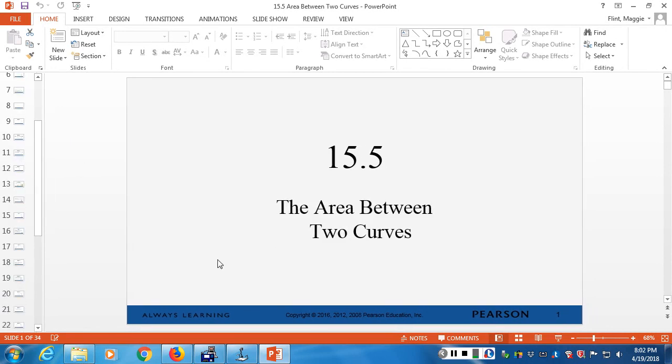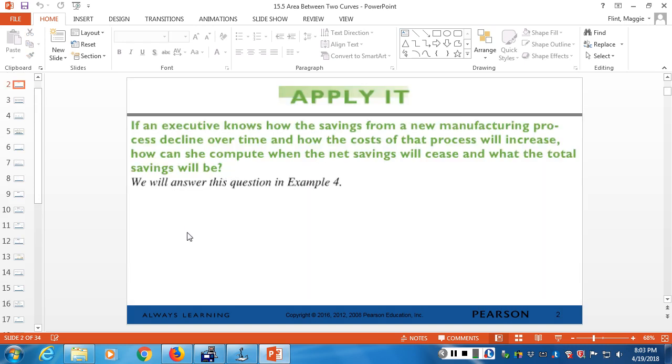Okay, let's talk about the area between two curves. And mostly we're going to work on the calculator on this one. We're not going to do a lot of this by hand. So the only difference between an area between two curves and an area under a curve is once again, you